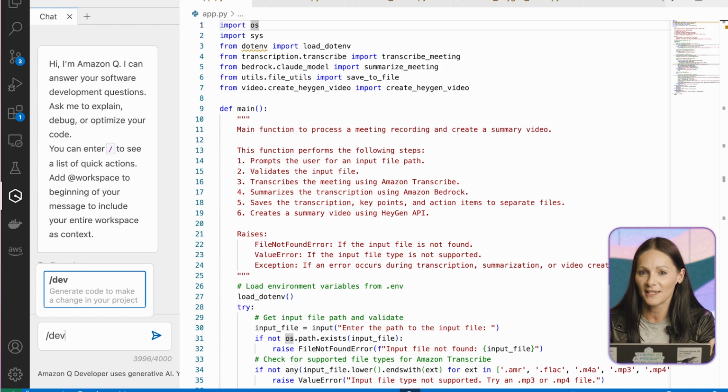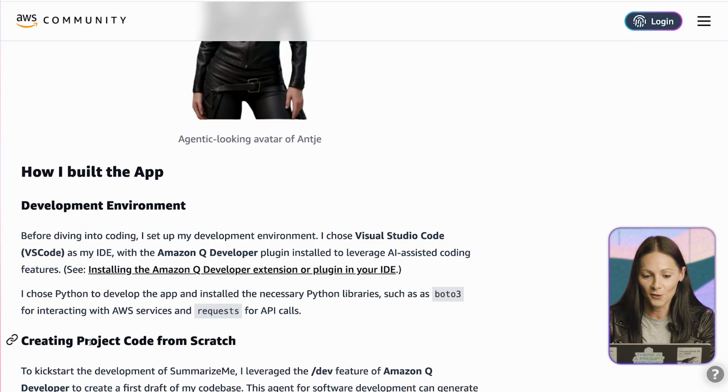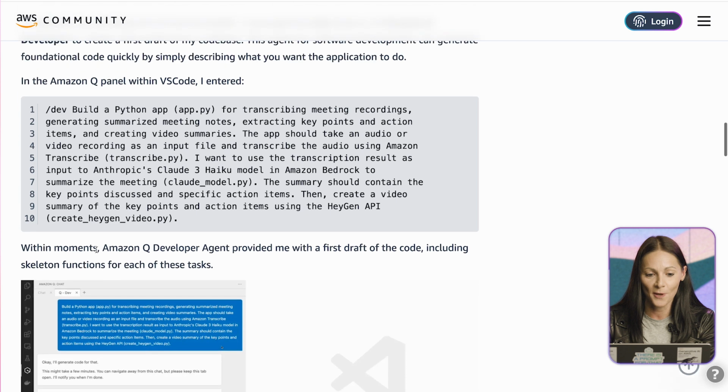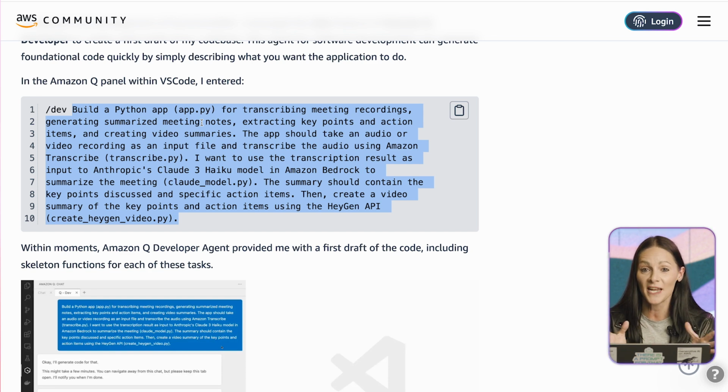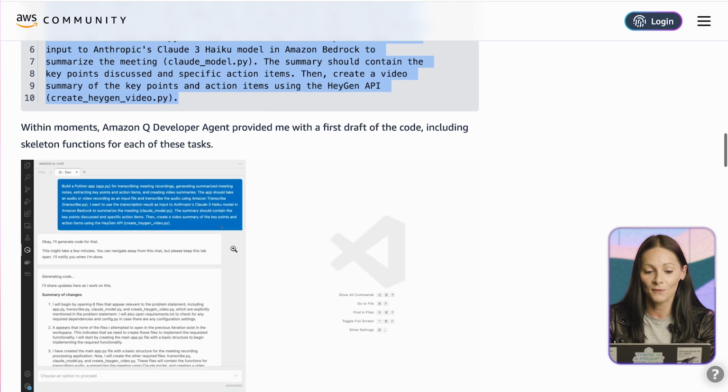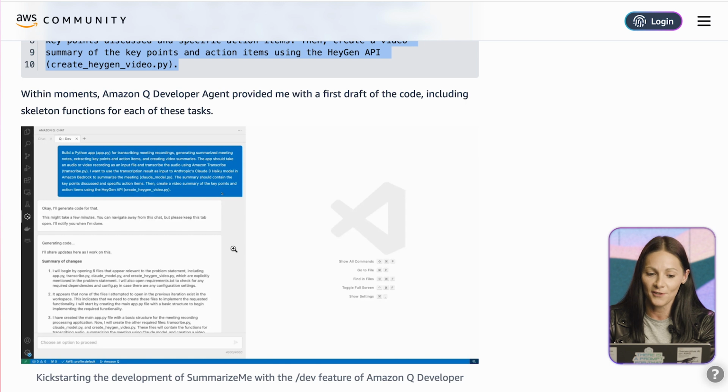And it came up with a really good first construct of the demo. Just quickly here, I'm going to show you in this post the actual prompt I provided Amazon Q with. It's a pretty detailed description. And a good hint, if you want to have a really good outcome, make sure that you're very specific in this input prompt. The more specific you are, the better the results. And then within moments, Amazon Q Developer Agent came back with reasoning steps of what it suggests to create, which steps to take, and which code to create.